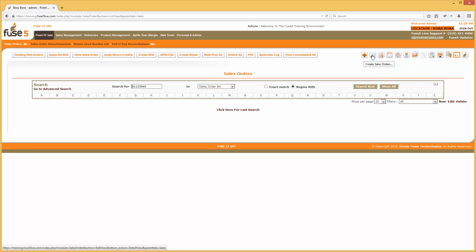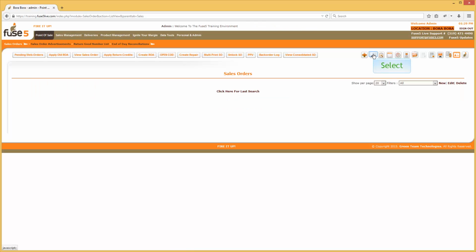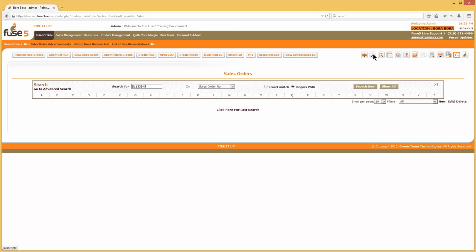Next button you'll see here is search in sales orders. If I click and unclick that button, you'll notice that my search disappears and reappears. Last viewed is also available. We've already talked about that. There's the calendar, the world clock, a calculator, importing shipping information,